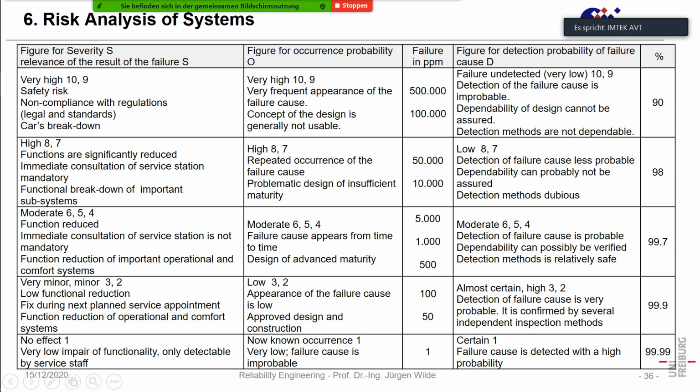Then have a look at the occurrence probability. When in 10% or 50% of cases this failure can occur, that's a very high occurrence probability. Typically, that's the effect of some misdesign. Yes, when the design